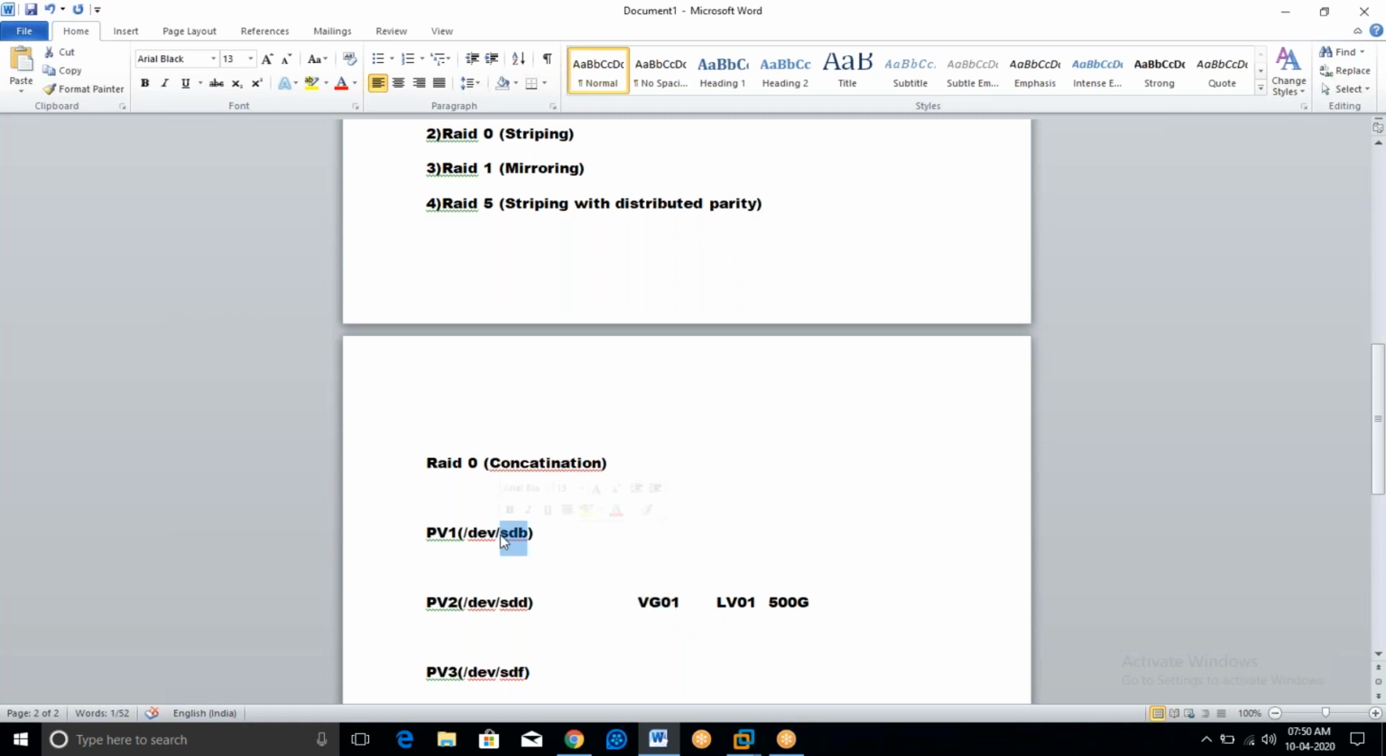In our example, every physical volume is of 1 terabyte capacity. We have 100% free space in every physical volume. There are no physical extents occupied yet. This is a new volume group. Let's take an example. So when I hit this command, the logical volume 01 of 500 GB will be created on a volume group 01